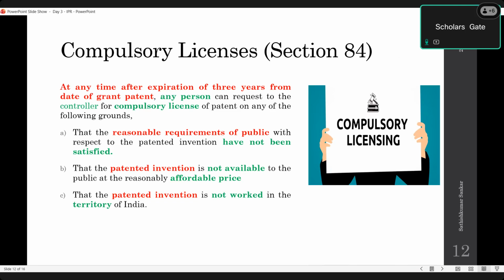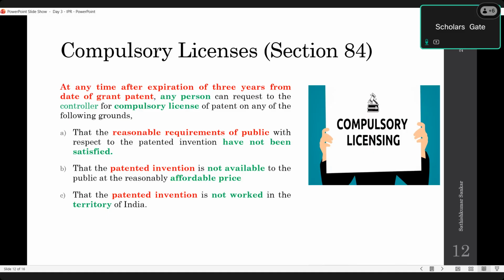So we want to be clear that the particular invention is not available to the public at a reasonable and affordable price, or that the patented invention is not worked in the territory of India. Some inventions work in only one or two states. One invention is used in Tamil Nadu, but in Gujarat that invention is not worked. So at that time we can claim as an individual, as a resident of that particular state,